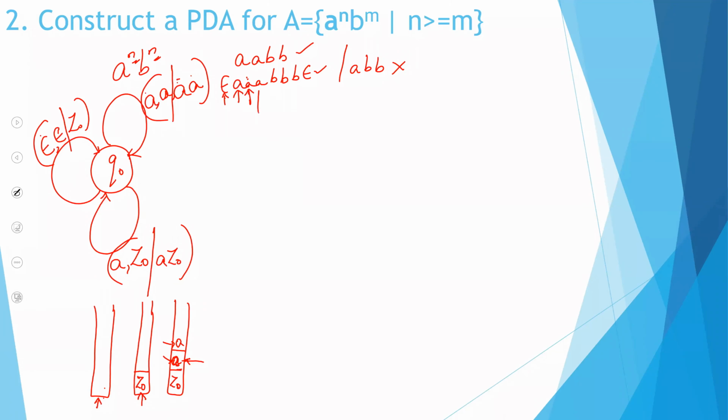Next, I encounter my next A. So it's the same thing again. The just previous was again A, and then I have A. So however many A's you have, this function will take care of that. Okay, so this is my initial transition to put Z0. To put my initial A, I have this. And then for all the other continuous A's, I have this particular function. So this much part is satisfied.